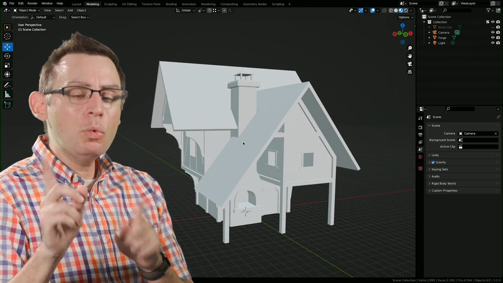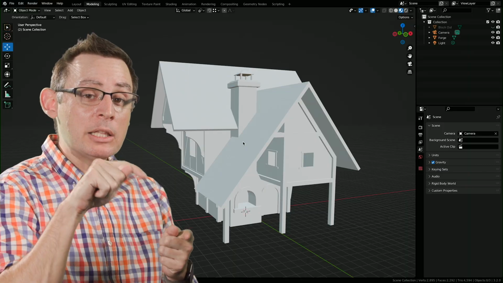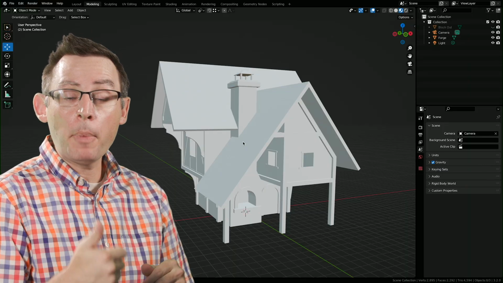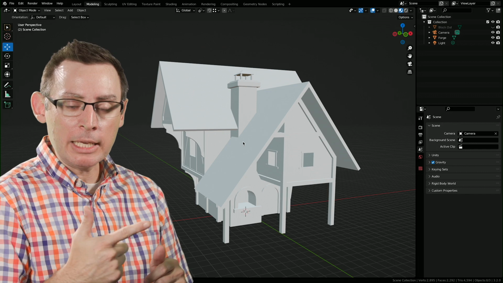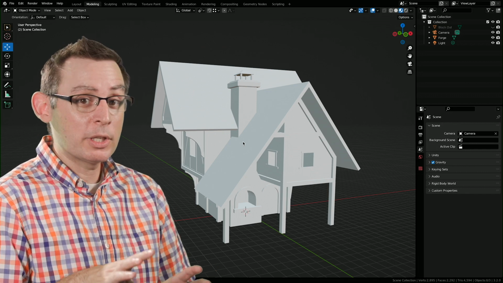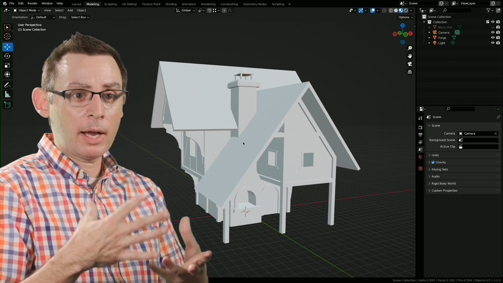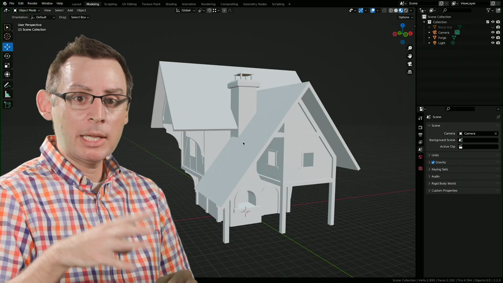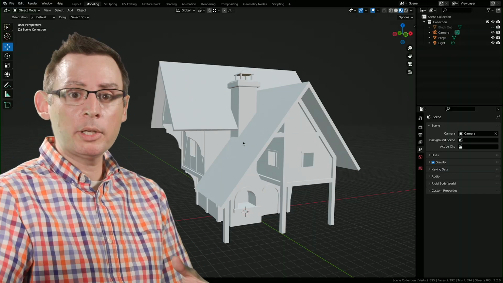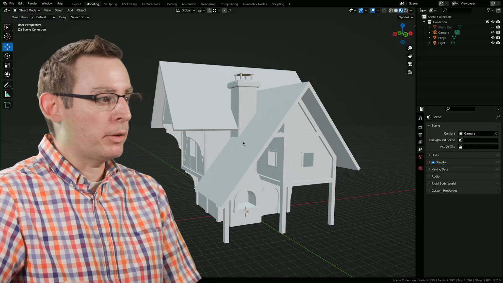And there's two ways that we get to import our rocks into this project file. One is called appending, and the other is called linking. Let's begin with the easy one first, and we're going to append our rocks. Think of this kind of like an import. We want to take the data from one object or one Blender project file and put it in another. Let's go ahead and do it.